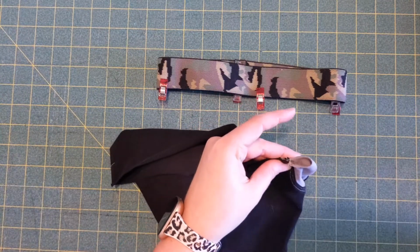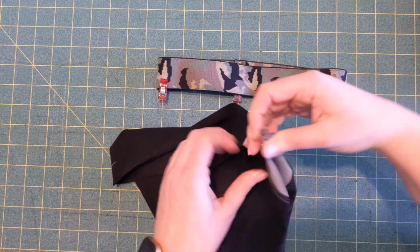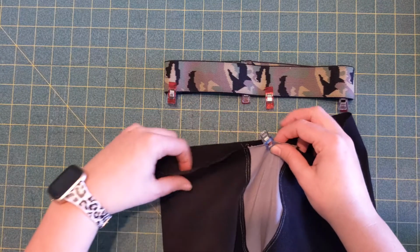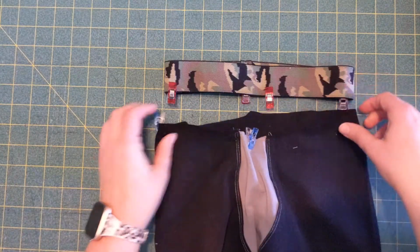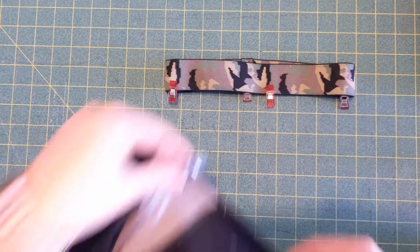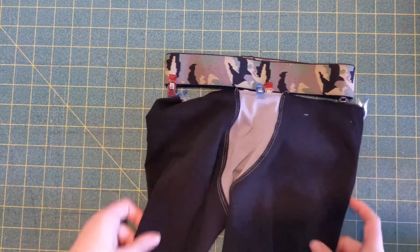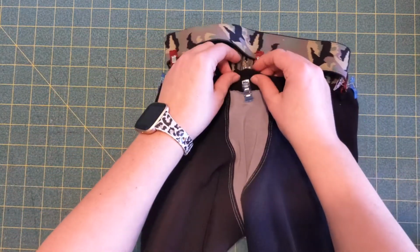You can overlap your elastic on top of the boxers and stitch it that way, which is what I normally do. So that would look like this. You would overlap